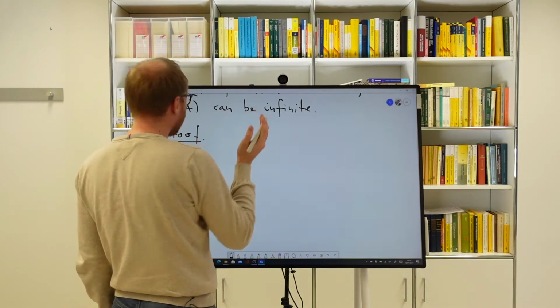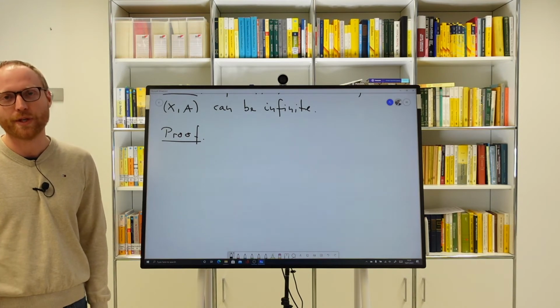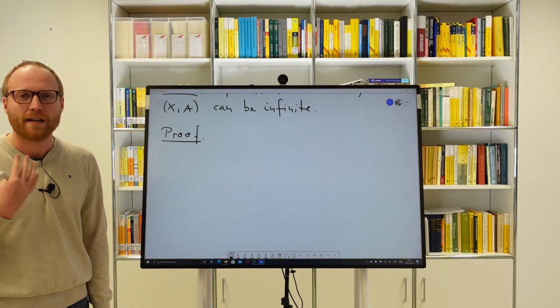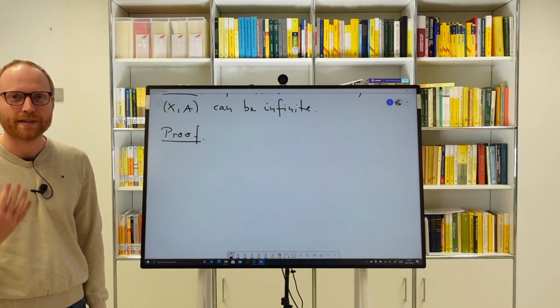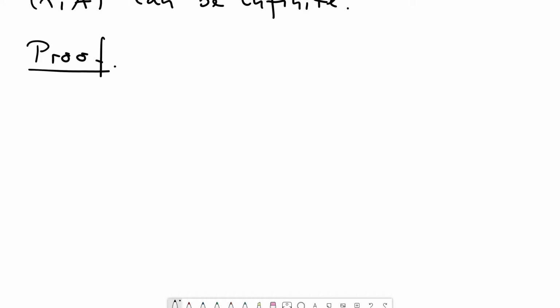So since we're still working with an abstract homology theory, we can only use what we know from the axioms. And one of the most convenient tools that we always consider in these contexts is the long exact sequence. And actually this is also what will help us here. So what we will do is we will consider the long exact sequence